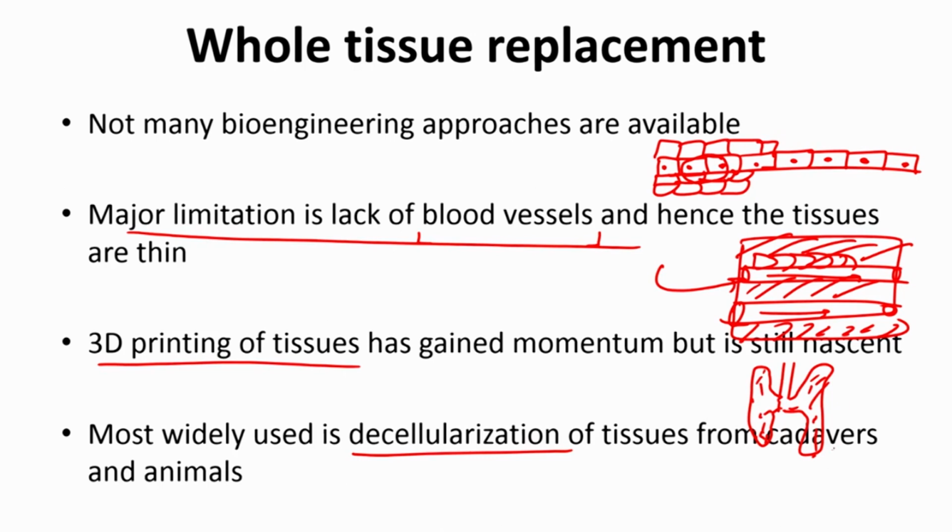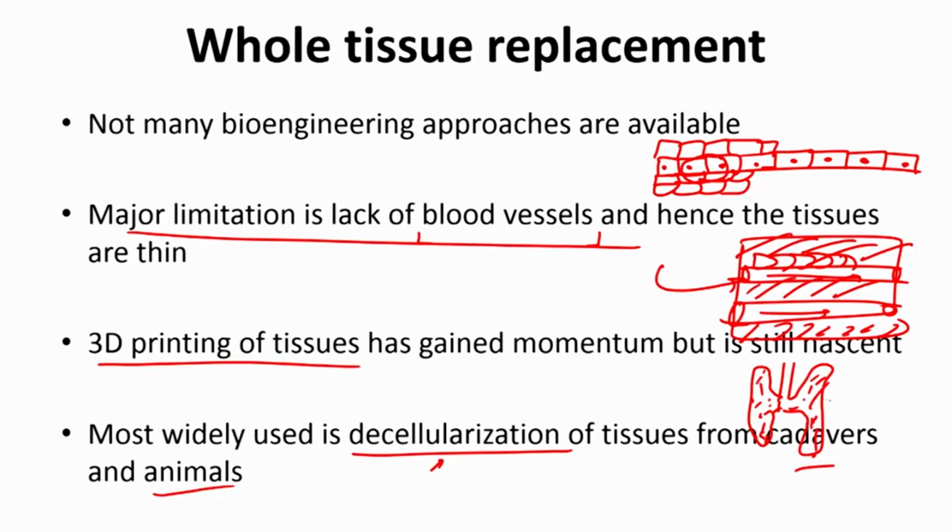This tissue is taken either from cadavers or from animals. It is then treated with several reagents to make it decellularized, which means all the cells are removed, and all the free proteins and free genetic material are removed. Most of the things that are recognized by the immune system are these cells and small proteins that are different from the humans, and once those are removed, what remains is fairly non-immunogenic material. Then you can come in and seed cells from a patient's body or from a human source, which will result in a filling of this